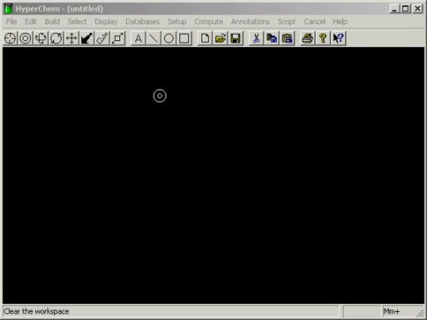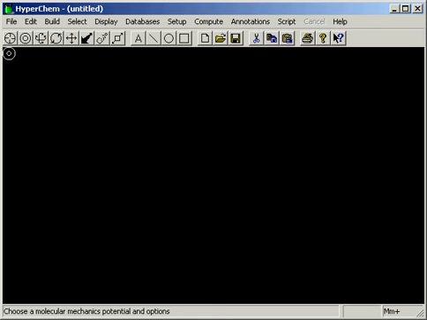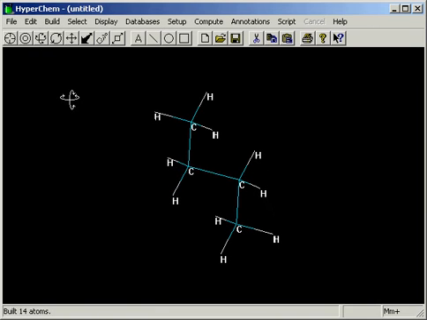This tutorial shows you how to explore the conformations and the energies associated with dihedral angles. First of all, we make sure that we're using MM+, so we know which procedure we're using. Then we create butane by drawing it. And what we're going to do is explore the conformations of butane associated with the dihedral angle